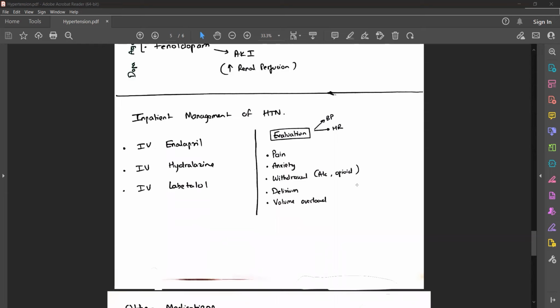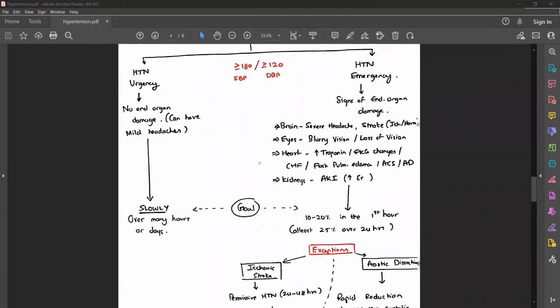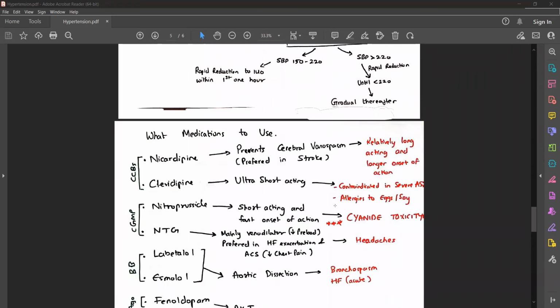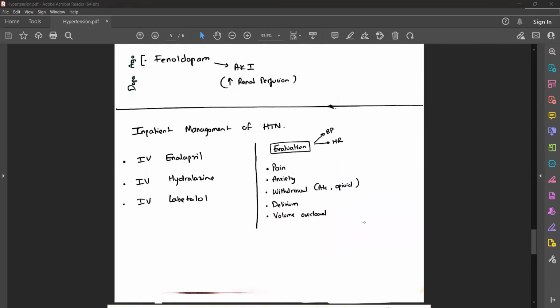Now, coming to inpatient management of hypertension. As I said previously, in hypertensive urgency, you're going to slowly drop the blood pressure. If the patient is in the hospital and you're paged about the patient having high blood pressure, but you do not see any signs of emergency, or if the patient is a diagnosed case of hypertension coming in for an inpatient stay, and the nurse pages you that the patient is having super high blood pressure, elevation in the